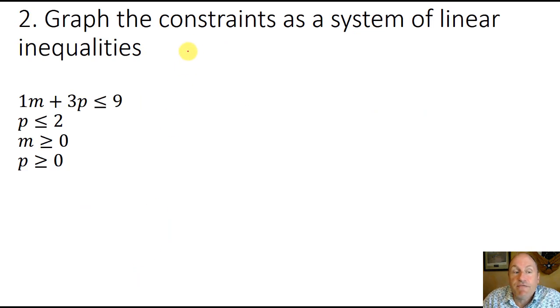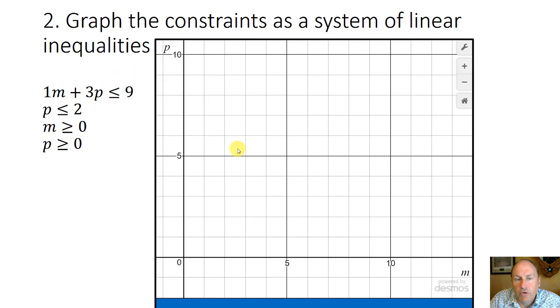So next we graph these constraints as a system of linear inequalities. So we need to draw ourselves a graph, and I've chosen to put the mowing on the horizontal axis and the pruning on the vertical axis. And I'm going from basically 0 to 10 hours for each, although that's probably a bit much. So I've got my 4 constraints. We're going to graph them one at a time. First thing we'll look at